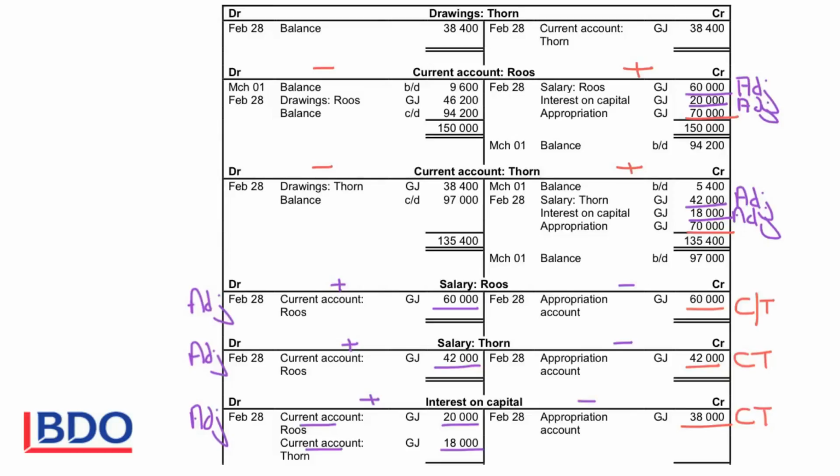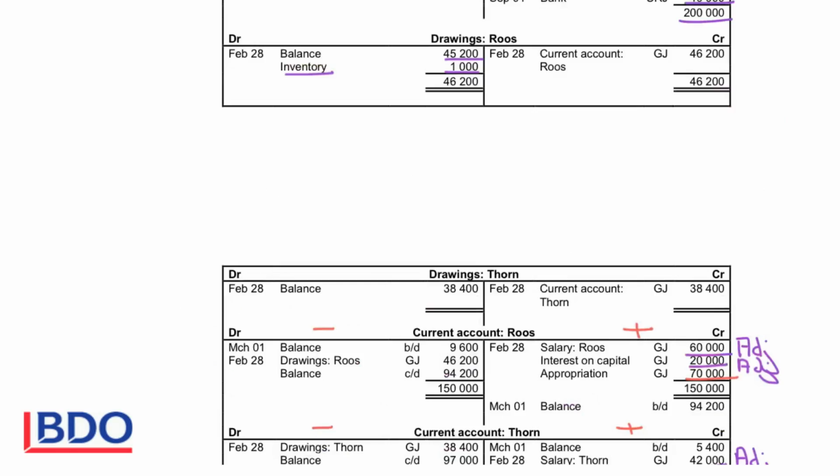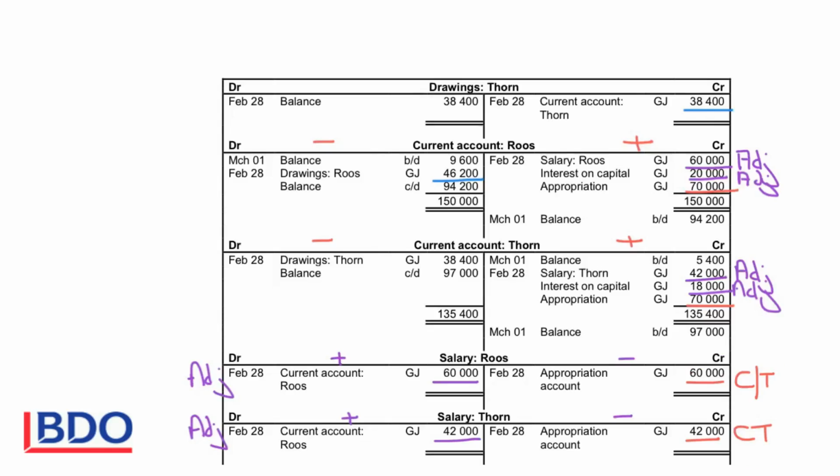We will then transfer the drawings to the current accounts so that we can see how much of this money that is owed to the partners was already taken by the owners. We will close the drawings account of Ruiz, crediting the account and debiting the current account of Ruiz with the 46,200. Then we will also close the drawings account of Thorn with 38,400 and debit the current account of Thorn with